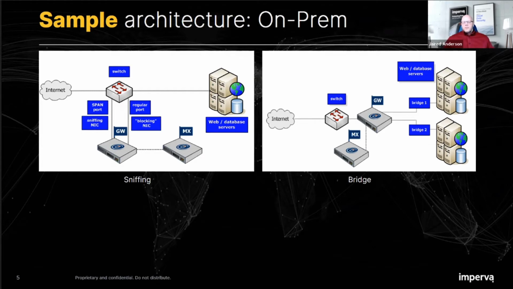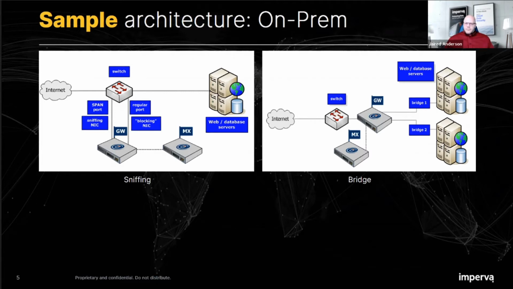So one of the benefits of the bridge mode is it's easy to deploy, simple to deploy. It's not terminating the traffic like a proxy would, although you can run TRP on it, but I'll cover that next. It's usually the easiest to get in line because since it's operating at layer 2, you don't have to intentionally route the traffic to the WAF. It's already in line. So it's also important when you go in line to consider where on the network this is deployed, because you want to put it in a place where you see the web traffic, but you want to minimize any non-web traffic that it'll have to pass through.